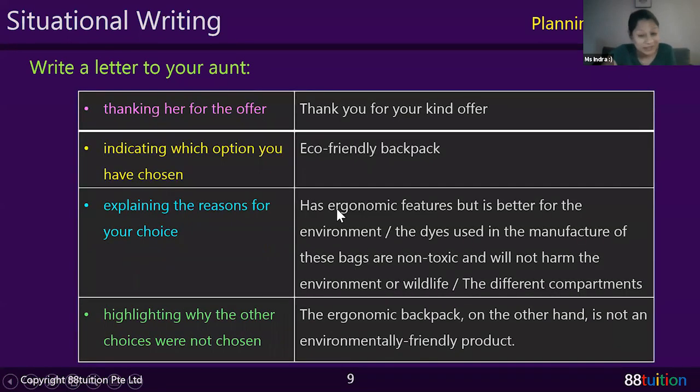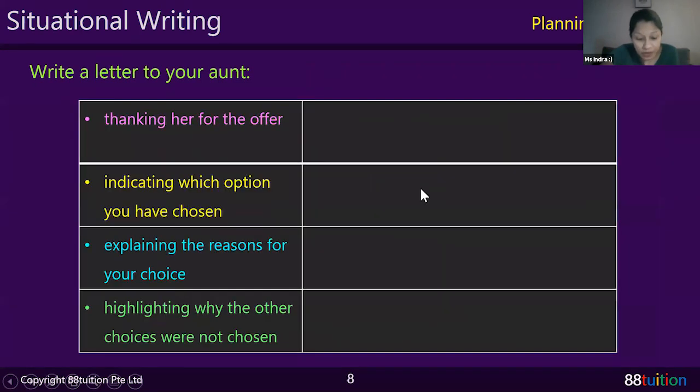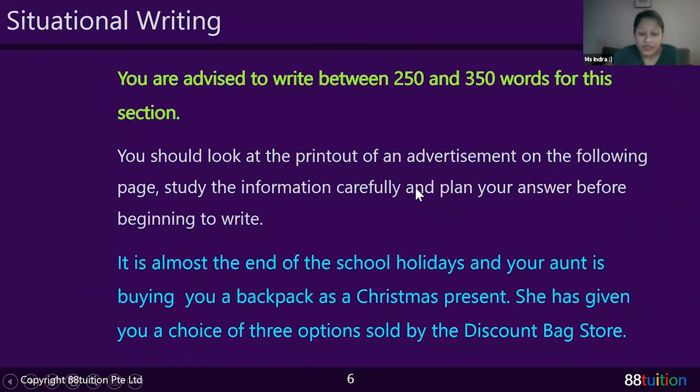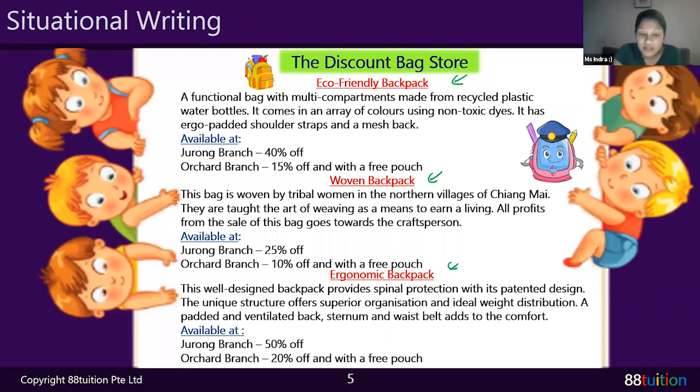Okay, never mind. So basically, when you thank your aunt for the offer, obviously, you have to say, I'm very grateful for your offer to buy me a new backpack, etc. That being said, which choice have you chosen? Let's say you choose the eco-friendly backpack, and of course, you give the reasons for your choice. The reasons you can take from here. Students, read through your visual that you've been given. In this case, if you've chosen the eco-friendly backpack, which is the first one,